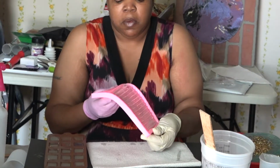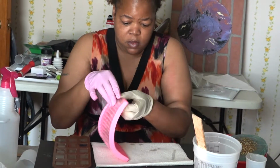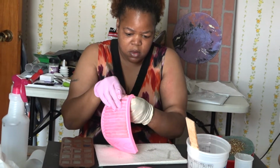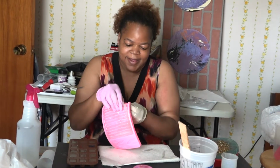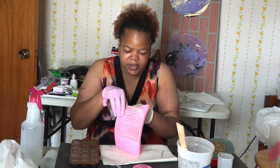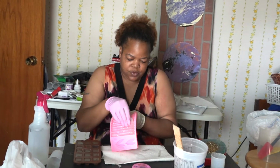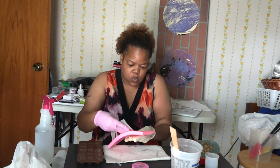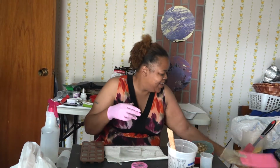Oh, okay. Okay, this may have been a waste. Yeah, this was a waste. I didn't pour deep enough because I didn't have enough resin left. But I'll take the whole thing out so that we can see at least what it looks like. Okay, that was a waste, but